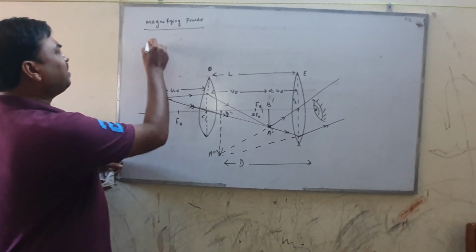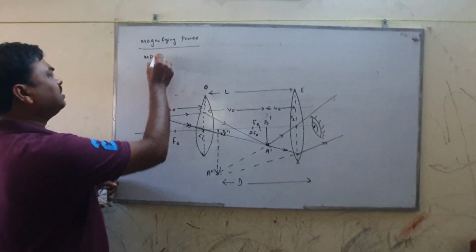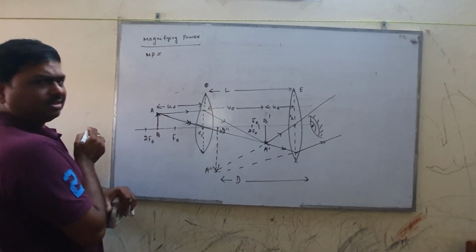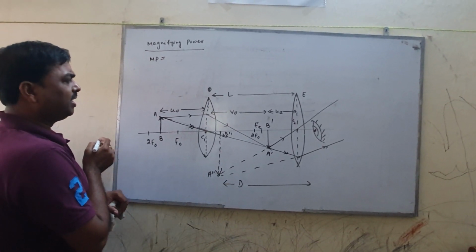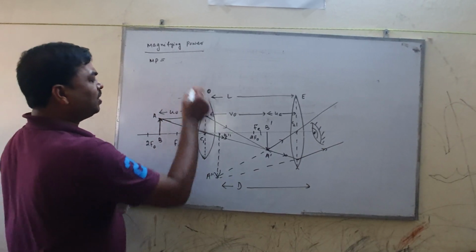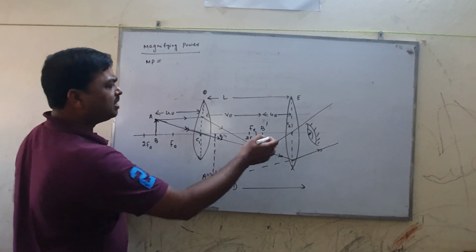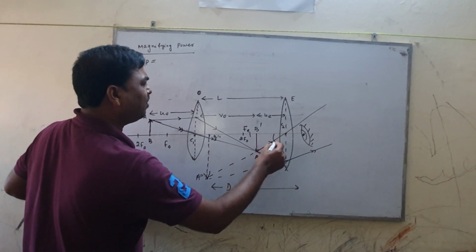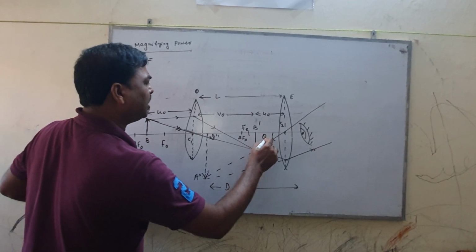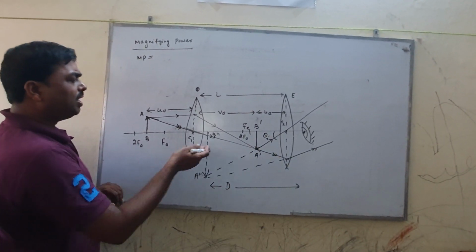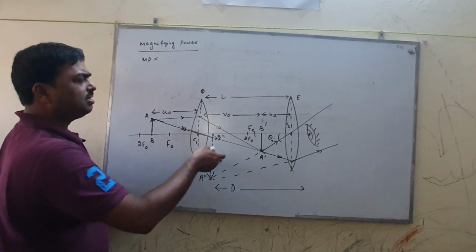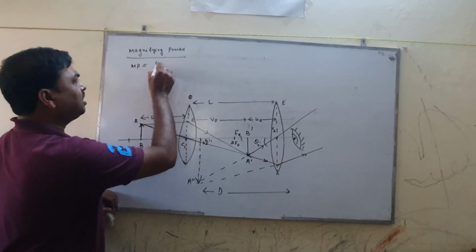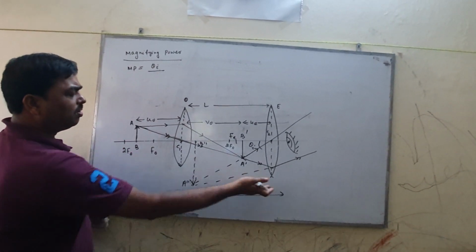So magnifying power, by definition, is the ratio of visual angles. This is the magnifying power, or ratio of visual angles: the visual angle formed by the final image at the optical center of the eye lens. Suppose this is theta I, the visual angle formed by the final image at the optical center of the eye lens, from the near point,